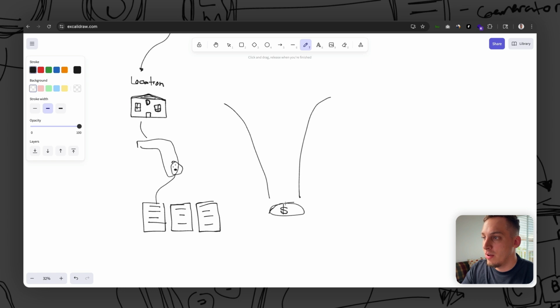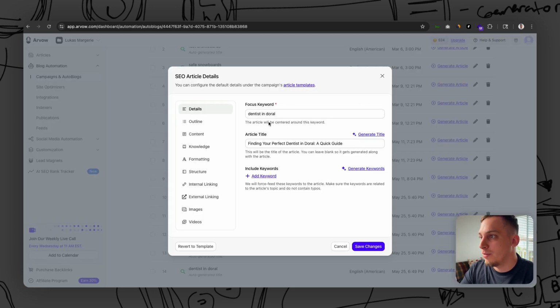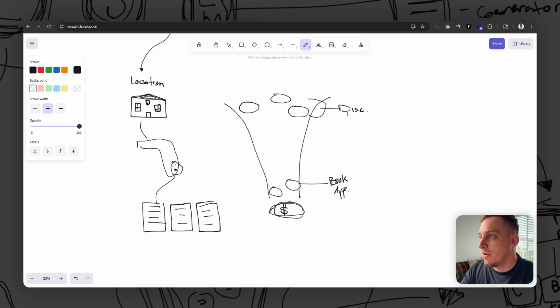This is how you make your money. And some people are going to be up here. Basically, they're going to be far from the actual service that you want to sell. But some people are going to be down here, right? These people are going to search for booking an appointment, right? And these people are going to be discovering certain things, right? They're probably new in the city, or they're looking for a new dentist and they're trying to compare, right? So something like an article like this of finding your perfect dentist is a good discovery type of post that